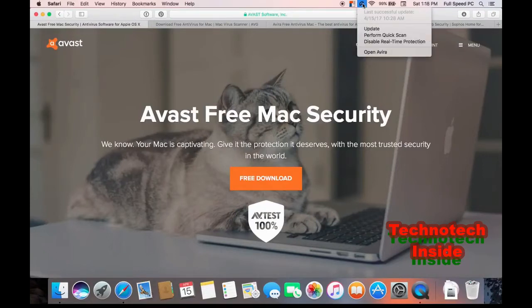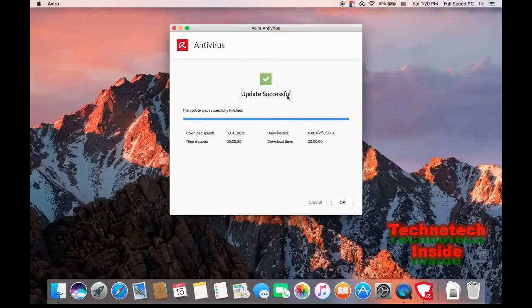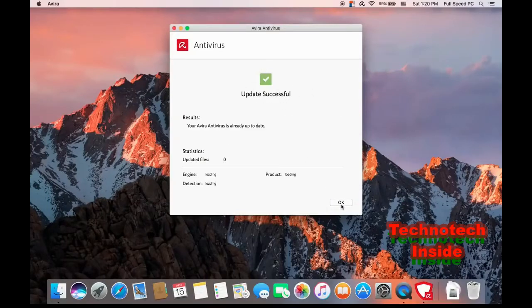And so whichever one you use, that's up to you. They will all be pretty close as far as protection. They'll all do a good job. Just make sure whichever one you install, you look for the update option. You'll want to first update the antivirus program before you run the antivirus scan. And then once you get a message letting you know that it has fully updated, you can go ahead and